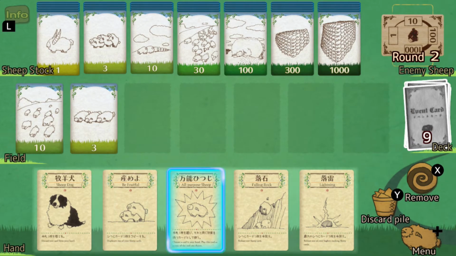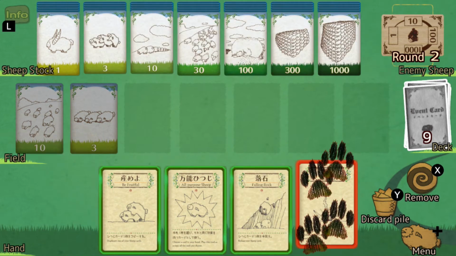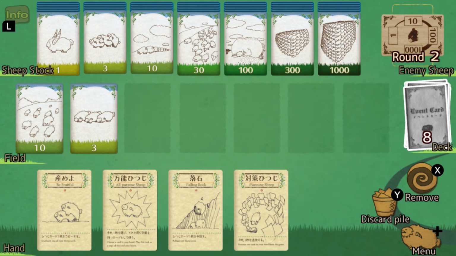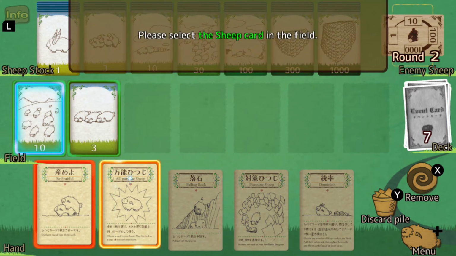High-ranking sheep cards. Well, let's get rid of that. Dog. Okay, now we're in business. We got the one where you can get rid of stuff with Dominion, which isn't for the moment terribly useful. I can duplicate and get more sheep. And I could use Dominion to get a 30. I don't know if it's a great use, but